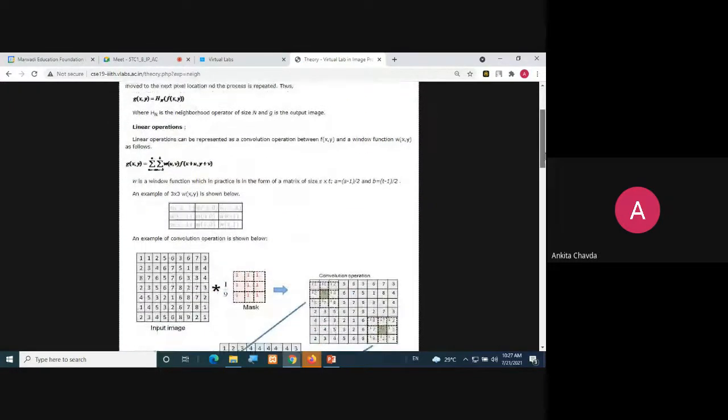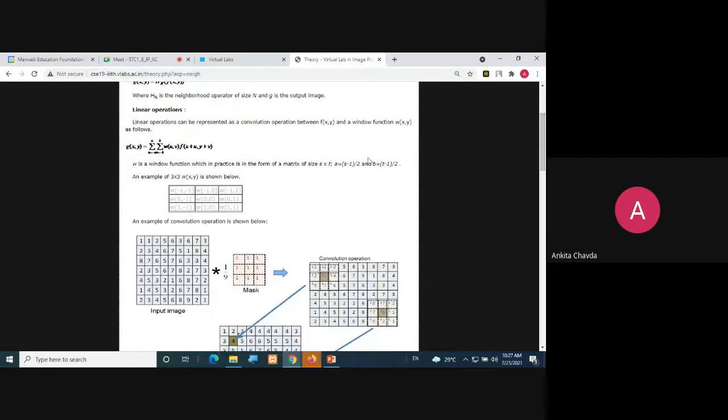Here, you can check, as we have already said, filter size you are generally choosing like 3 cross 3 and 5 cross 5 and 9 cross 9 or something, right? So here, whatever example they have taken, that is of 3 cross 3. Okay, and here in this virtual lab they are showing you 5 cross 5 also, 7 cross 7, 9 cross 9 also. So you can compare the results. You can check here.